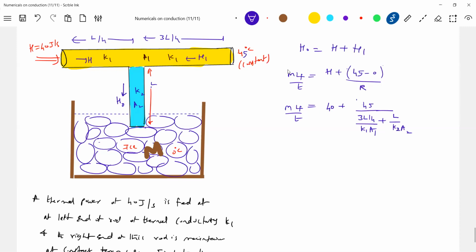So you do have some tricky questions of this kind. Here, what is the idea we applied? The conservation of energy principle. All the heat the ice receives will be due to this temperature and also due to the heat energy supplied at the left end. Together both will flow like this. So first this equation, H plus H1. What is H? Directly we know it. How much is H1? These two rods will be in series. The R is what? Very important. So solve for t, and we will get the required answer. You do have different sets of questions of this kind. Be careful.